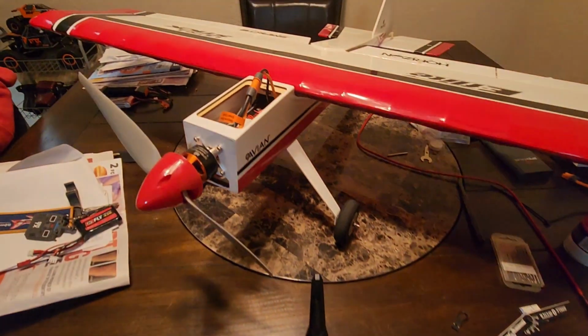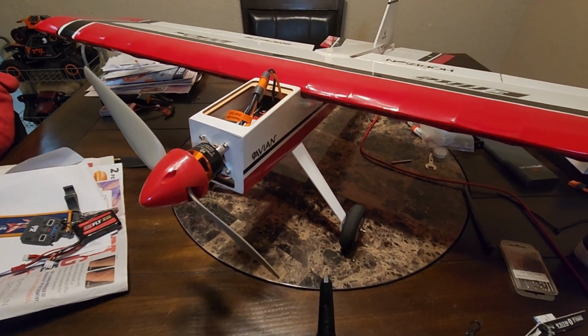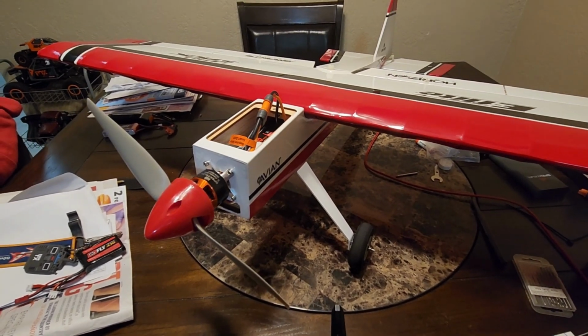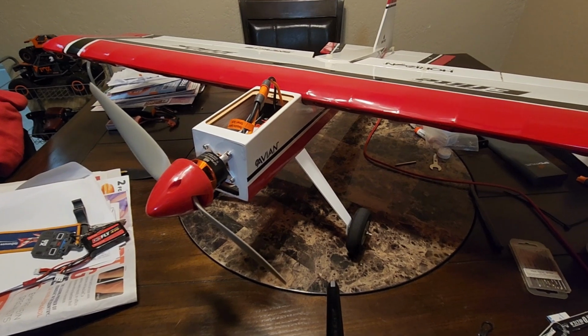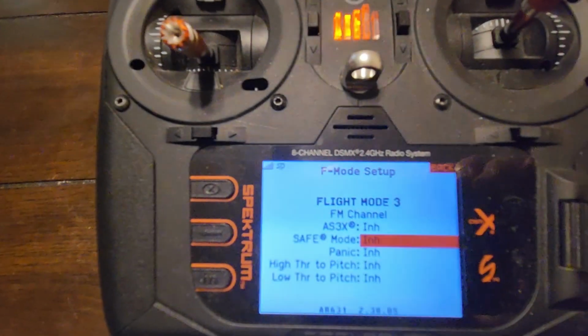The plane I'm showing you here, guys, is also the Ultra Stick, the brand new plane. The receiver in this plane has been unlocked, so I can get in and do other menus. But you can do all of what I'm showing you on the regular receiver right from the factory. You just have to make sure when you're going into your flight modes,